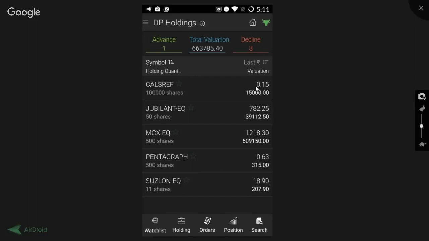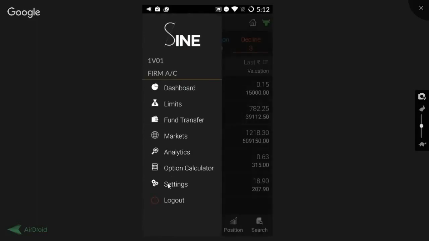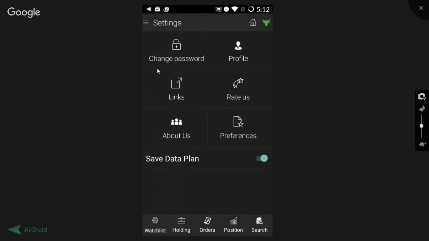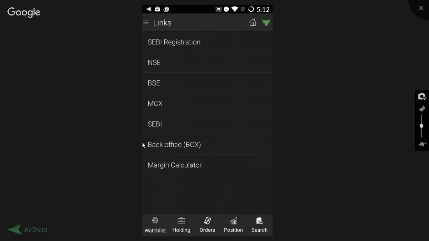The link for the same is on our website. You have to enter your login details. The user ID would be the client code, the password would be your PAN card number. You can go over there. In reports, you'll find order summary, and from there you can log in. And the link for the same is also available in the settings tab that we have. It takes you to the back office. You just have to slide down the menu, go on settings, then on links, and you can go to the back office and know your purchase price.